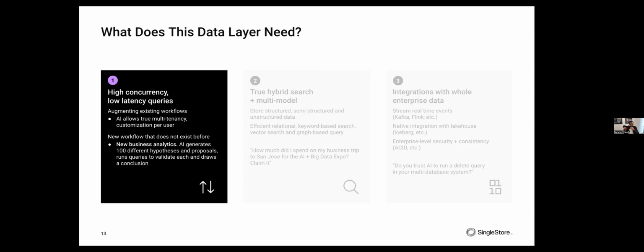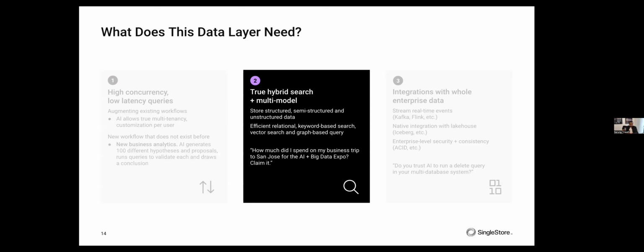Now, in the AI-first world, your AI is generating 100 different hypotheses, different proposals, lensing that in the form of 1,000 different queries to validate each of those and draw a conclusion across your database. So the concurrency, by default, goes orders of magnitude higher. And you need an operational data platform to help you sustain that concurrency on top of your data estate.